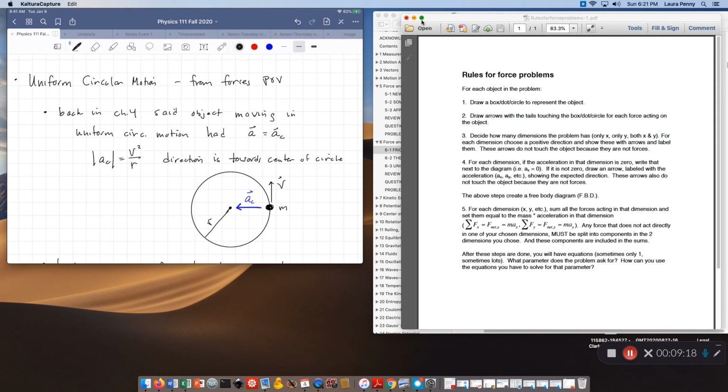So we talked about uniform circular motion back in chapter 4. We said that if an object is moving in a uniform circular motion, that means that it has an acceleration where the acceleration magnitude, a sub c, is the speed squared divided by the radius of the circle. Remember, uniform circular motion means that the object is moving with a constant v, a constant speed